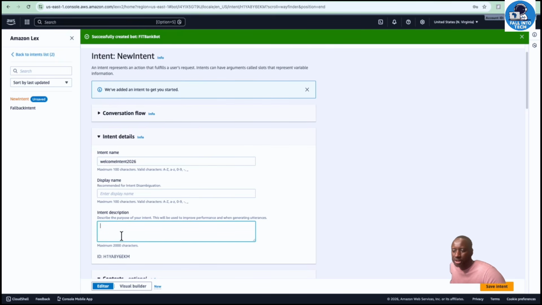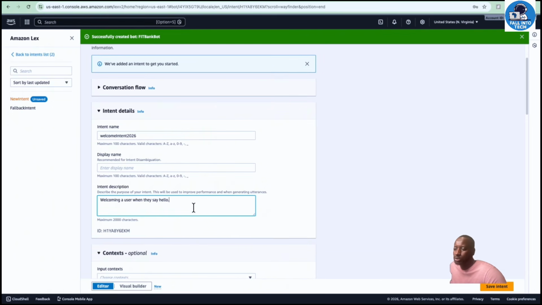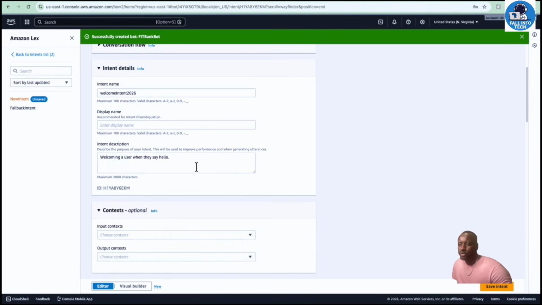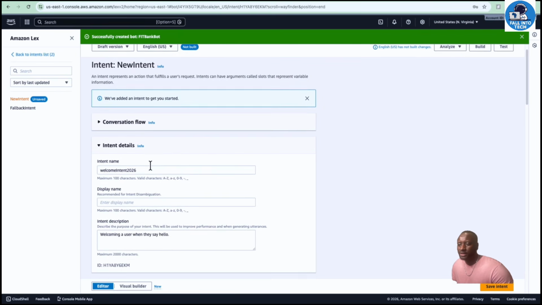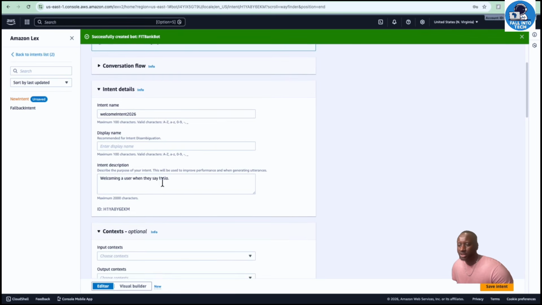Now we want to add a description here. The description will be, welcome a user when they say hello. Basically, when you say hello, they will welcome you. So that's exactly the description of this intent. Now that we're done with giving the intent a name and adding a description, the next step